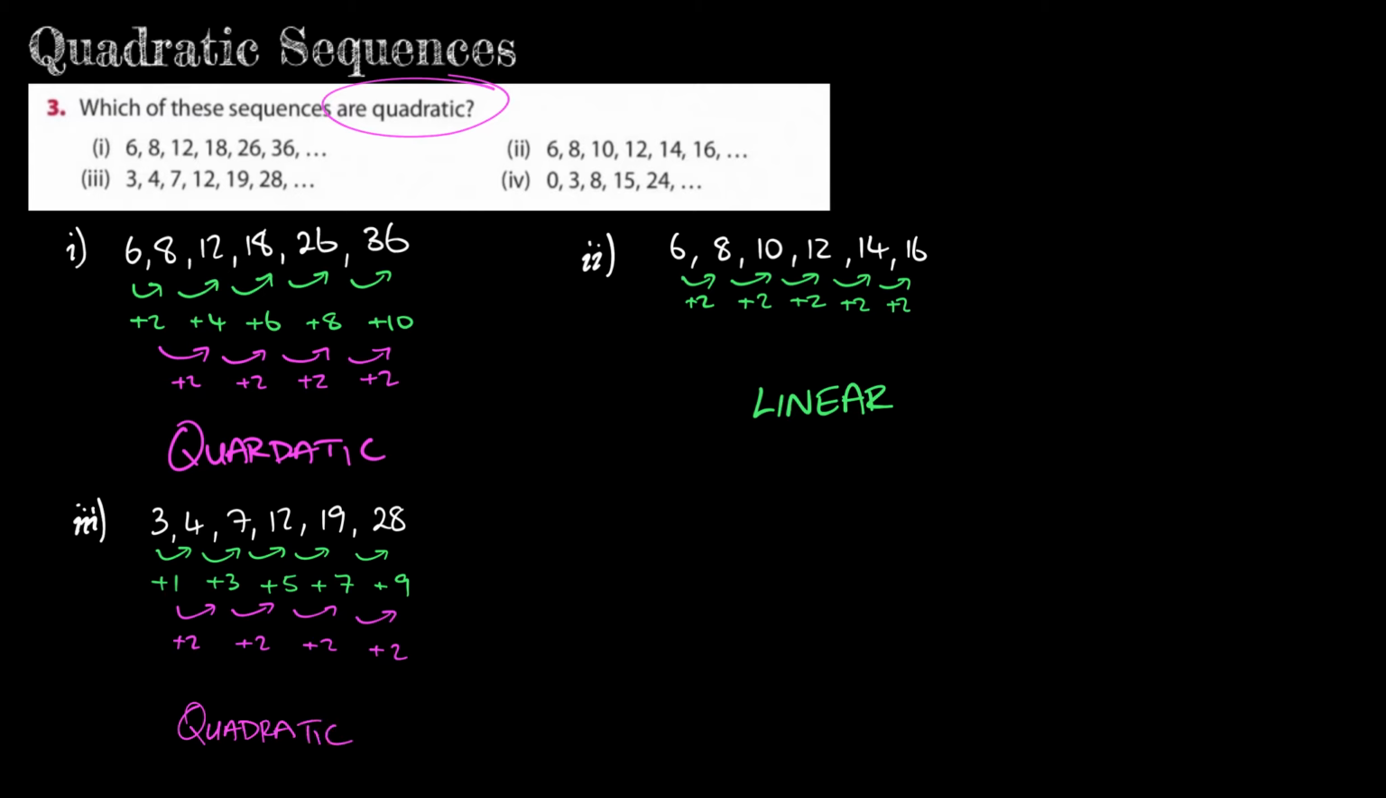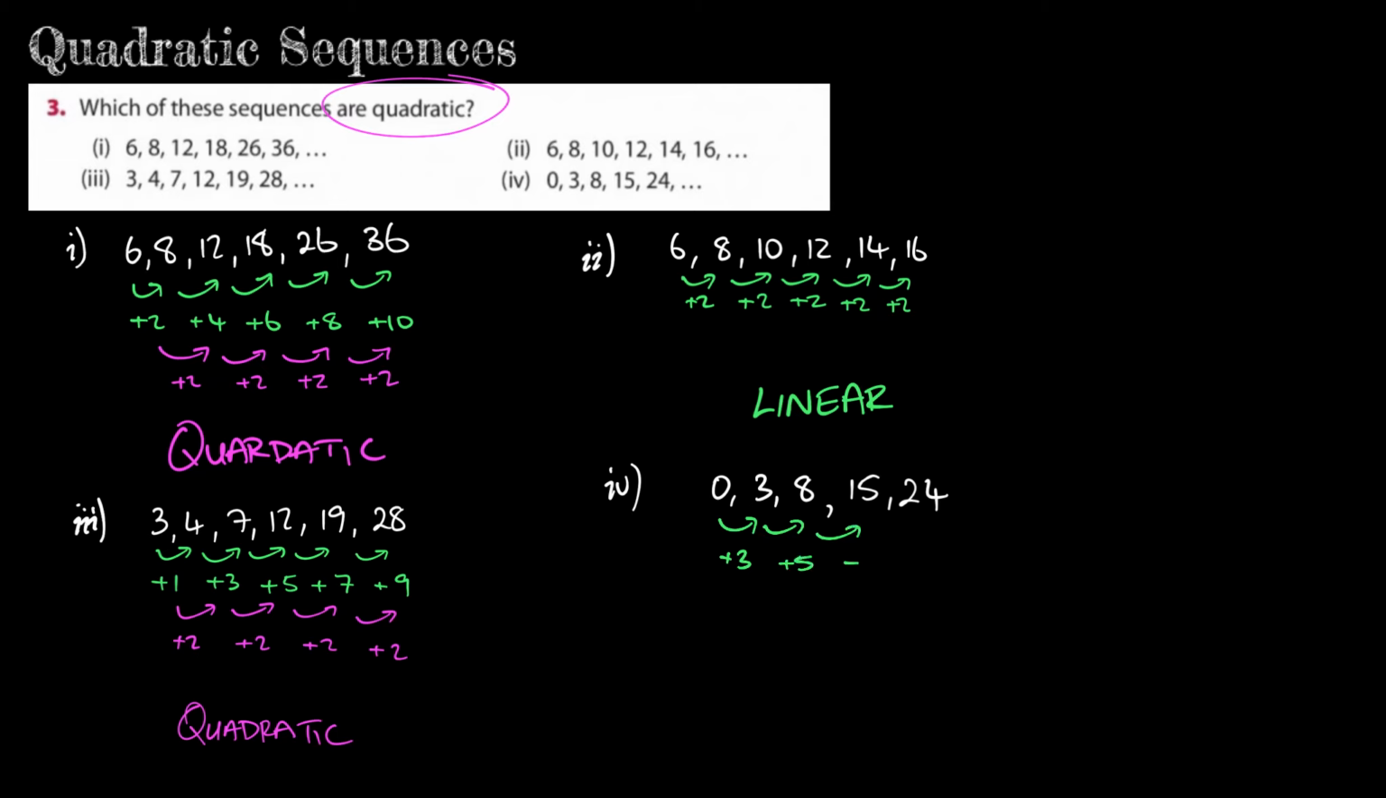Okay. We get on there and do the last part, the last question. So the last question there is part IV. And we've got 0, 3, 8, 15, and 24. So again, I'm trying to see if this is linear or quadratic or what it is. So in order to find that, I need to see how the pattern is developing. So here I'm adding 3, adding 5,